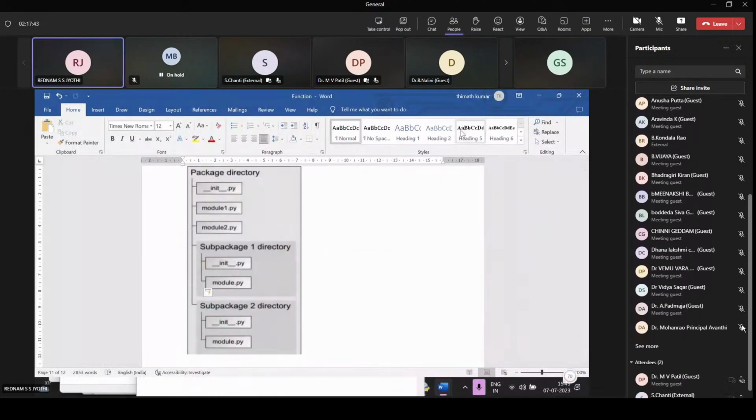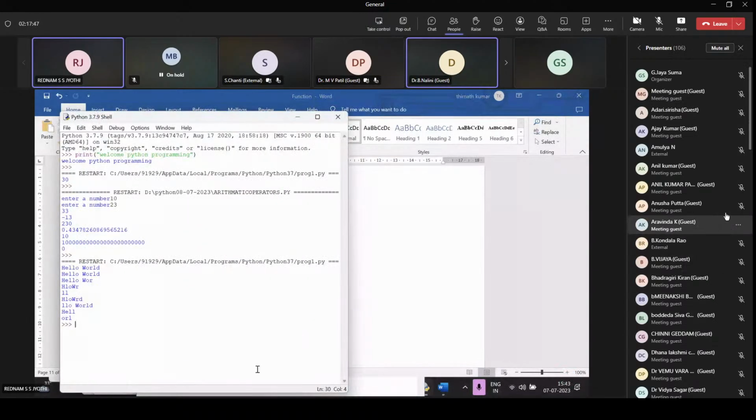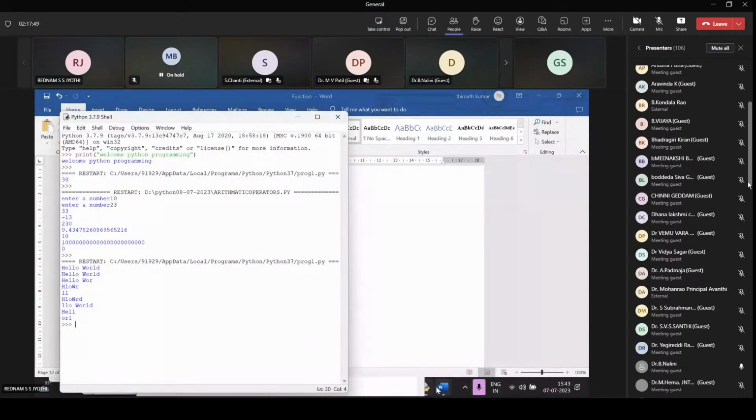Okay, so that is about functions in Python, modules and functions in Python. Next one is